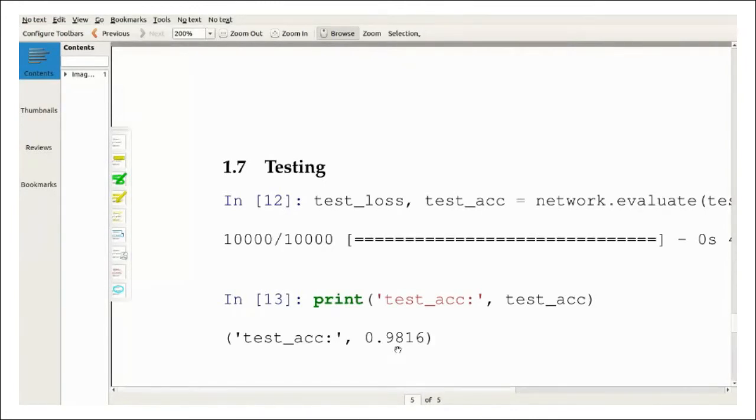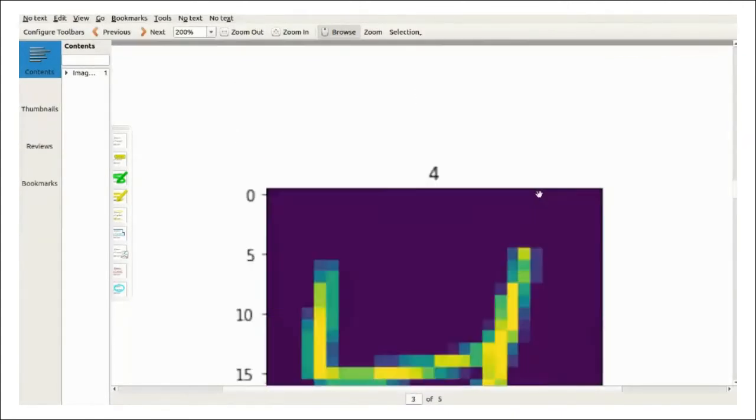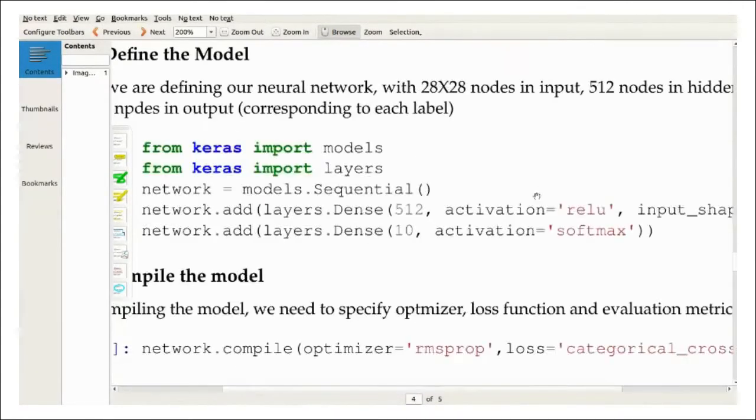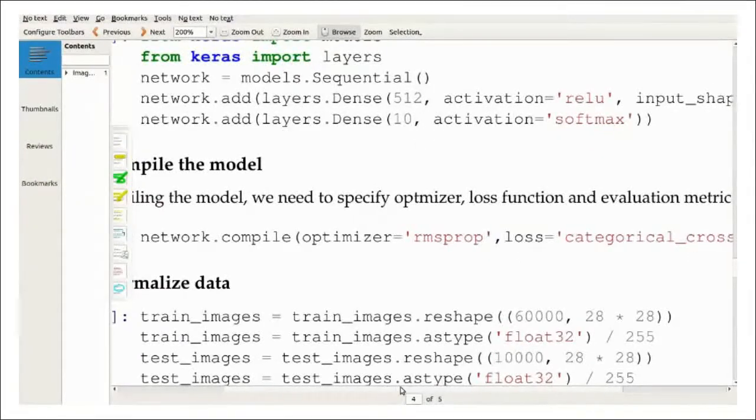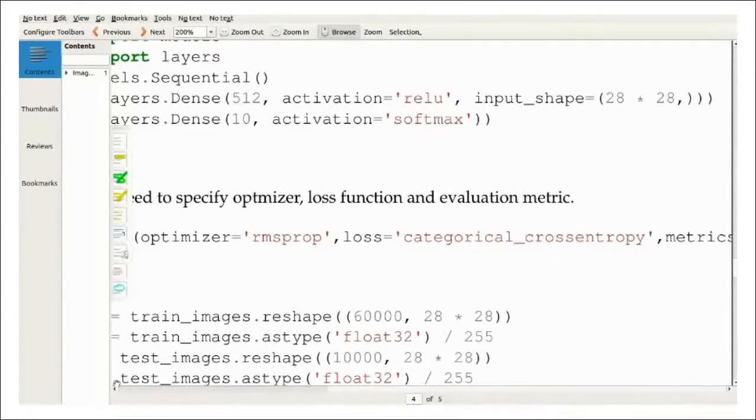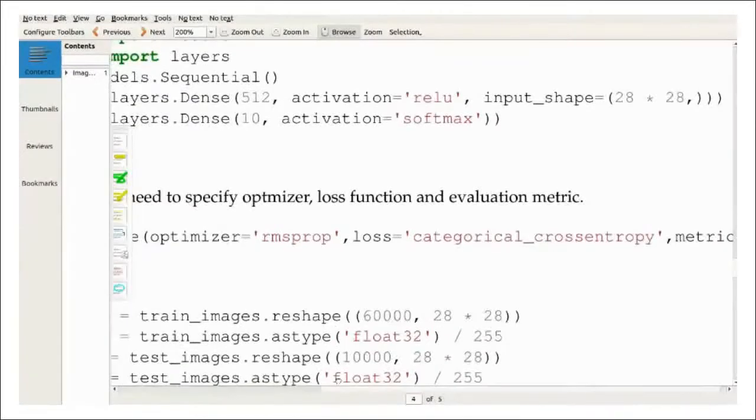So just go through the pipeline: load the data, create the model. Here we have one input layer, one hidden layer, and one output layer. We specify the activation function in both layers, and the number of neurons in each layer. Then we compile the model and specify the optimizer function. You can use other optimizers like Adam, and whatever optimizer and regularization you require. Here RMSprop is used. Then you have to specify the loss function, and which metrics we are going to use for evaluation, in the compile function. Then compile the model.